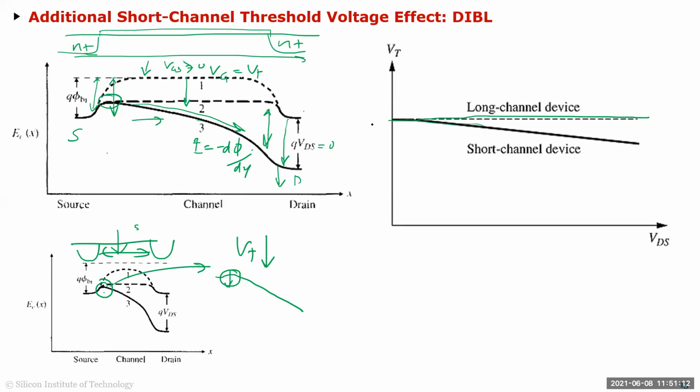Sir, in the first graph, why does that third line go down, meaning the value of E decreases suddenly? So this is for larger and larger VDS. So basically, when you... you can imagine that